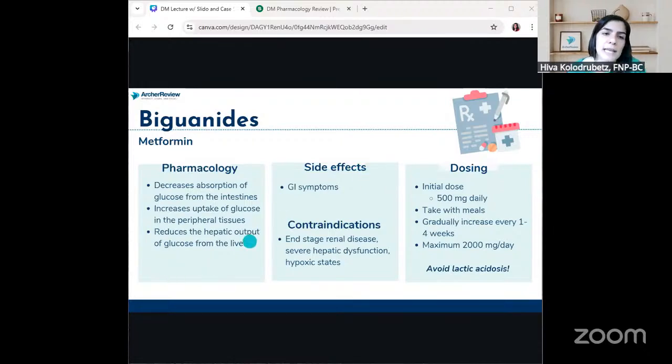It also helps in the liver. It works in the liver by reducing that hepatic output of glucose as well. But biggest takeaway with metformin, really those GI side effects. It works with that reuptake of that glucose in those peripheral tissues, and you want to start low and go slow. Make sure their kidney and liver function is healthy, and they can